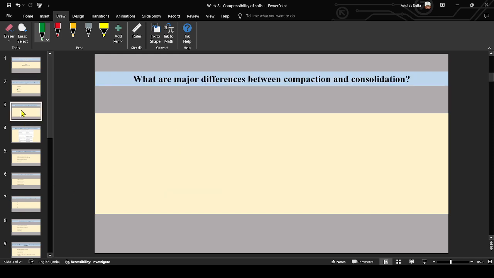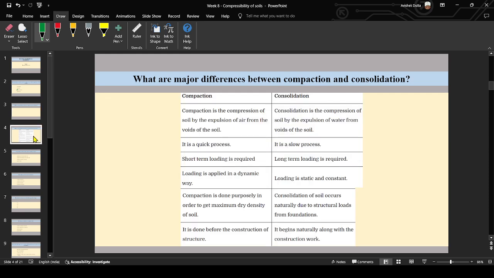The next question was, what are the major differences between compaction and consolidation? I think you know this and you have solved this. Anyway, I'm going straight to the answer. I'll not say all, but these are the major differences. Firstly, compaction is the compression of soil by the expulsion of air from the voids of the soil. And consolidation is the compression of soil by the expulsion of water from the voids